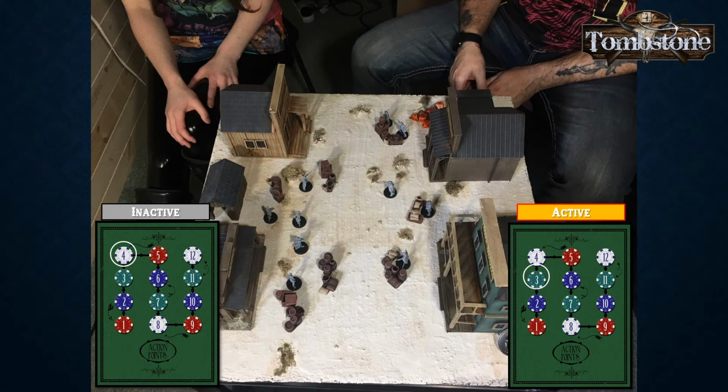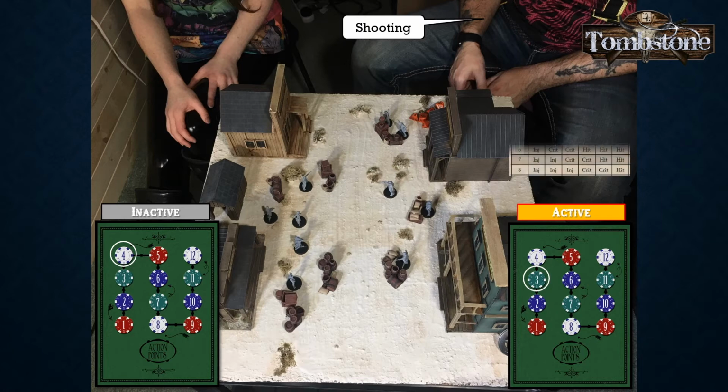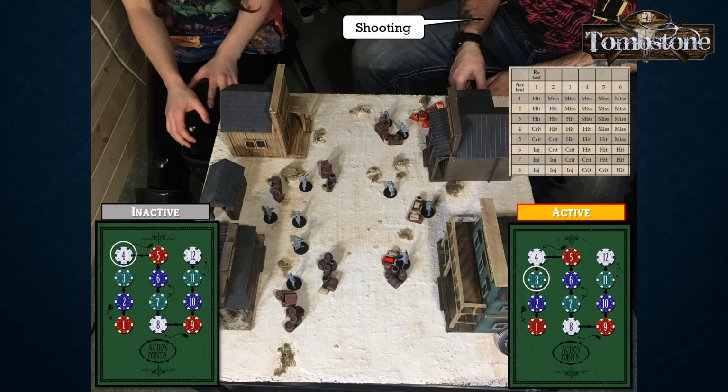I move my action point marker down by 1, so I'm now at 3. And I'm going to declare a shooting phase, bearing in mind that once I finish this shooting phase, the active gang is going to switch over. Here's the hit chart for reference. So my first shot here, I'm shooting with my accuracy of a D8 versus Gemma's reaction of a D6 because